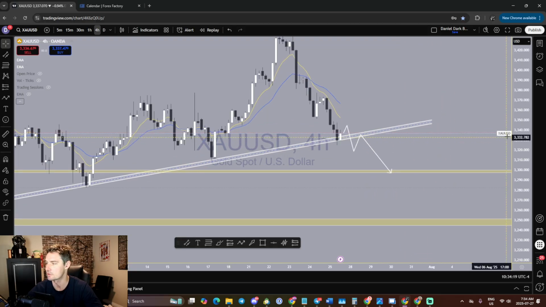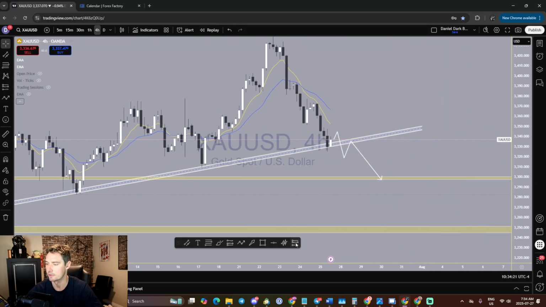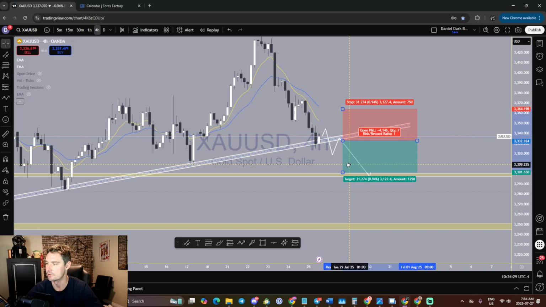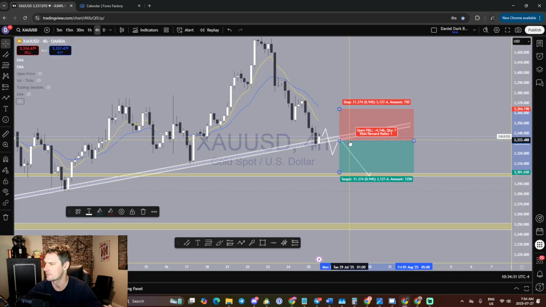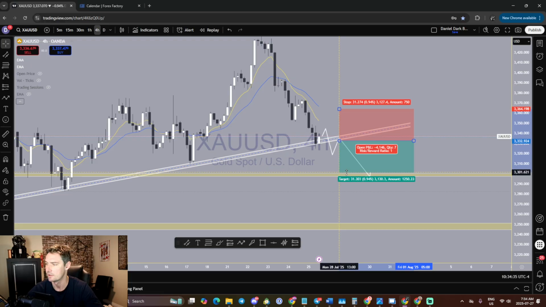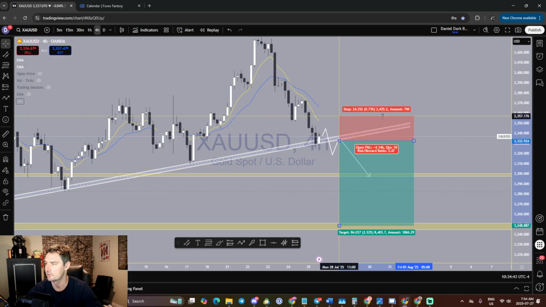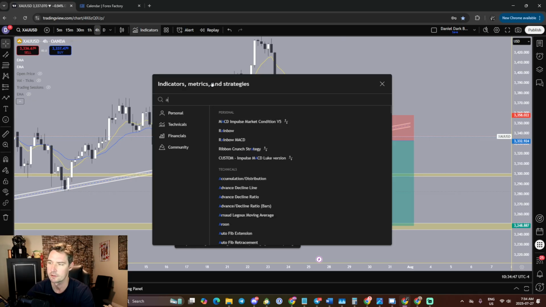So if I'm going to set up a trade for that, I'm going to take a short position. I'll wait for the price action to bounce, break down, and enter in somewhere around 3,333. Sure, that's a nice easy number to remember. And then we could target down here, and we could move our stop loss to break even once it approaches that 3,300. And for the stop loss, around a $25 move, because if I take the ATR here, the average